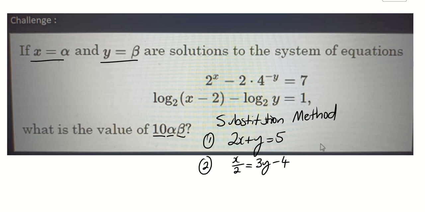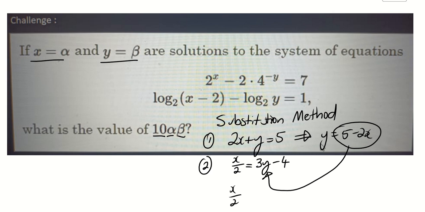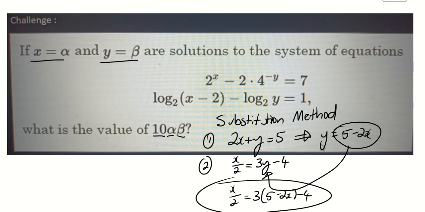I've got these two equations. I'm going to rearrange one of them to get just one variable by itself. Okay, and then I'm going to substitute this expression into here. Okay, and I'm left with just one equation in terms of x. Okay, so this is probably the method that we're going to have to use here,